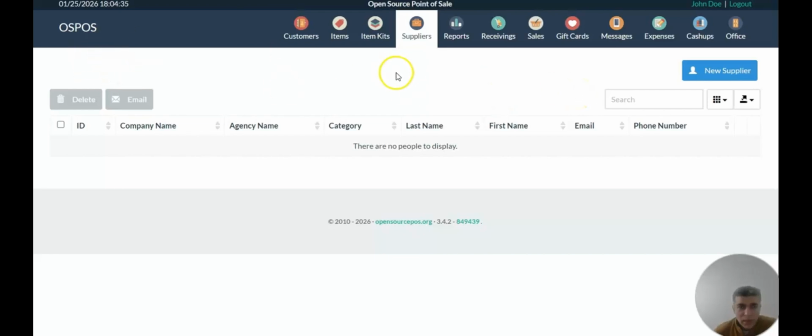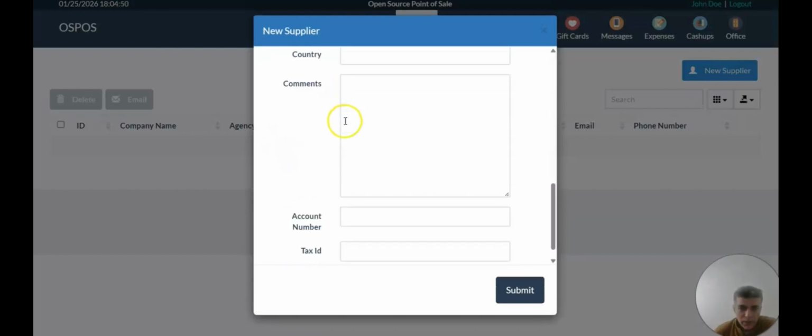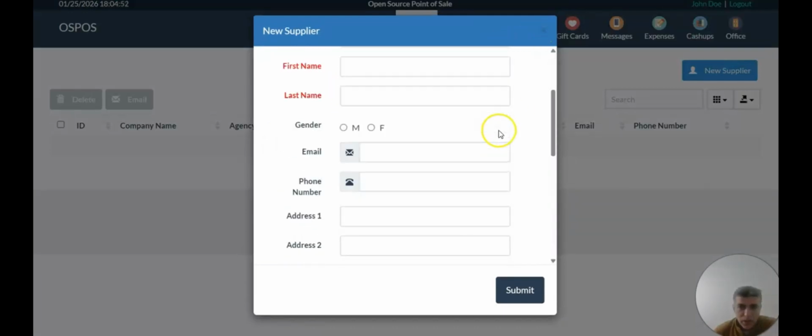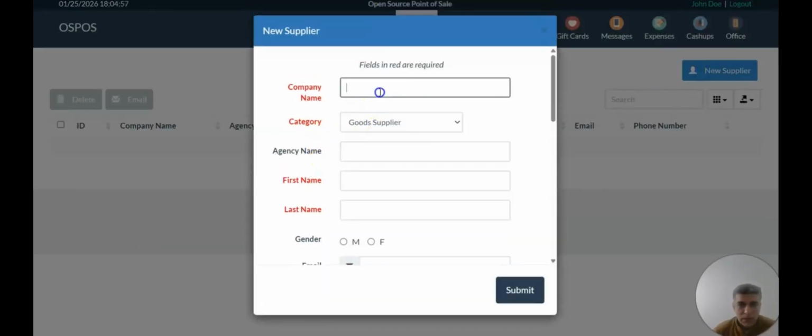So this is the main interface when you log in, and when you have to initially set up, you first have to put in suppliers. And if you see here, these are the fields for the suppliers. I'm quickly going to go through this. If you add a supplier, for example, let's say the company is Dettol,